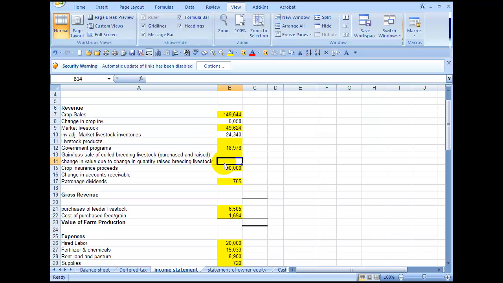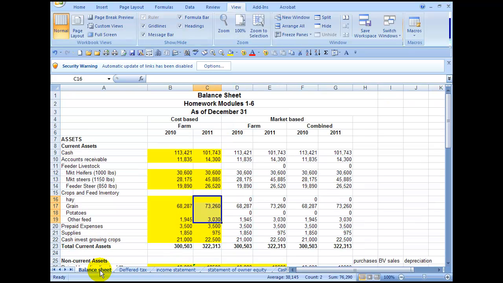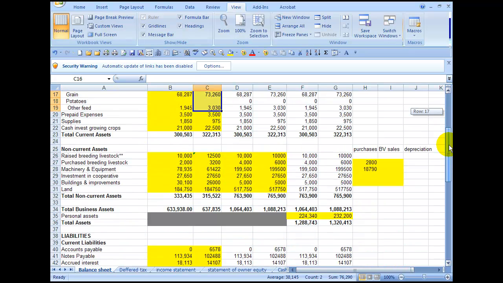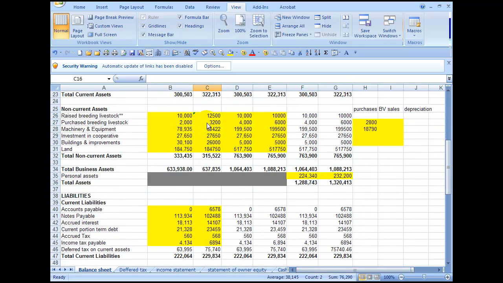The next one is change in value due to change in quantity of raised breeding livestock. This is our raised breeding livestock, so let's go over to the balance sheet and just check it out. Here, our raised breeding livestock was $10,000 at the beginning and $12,500 at the ending. We know that we used a base value of the same amount for both of these, so the only way that they went up is because, and let's see,